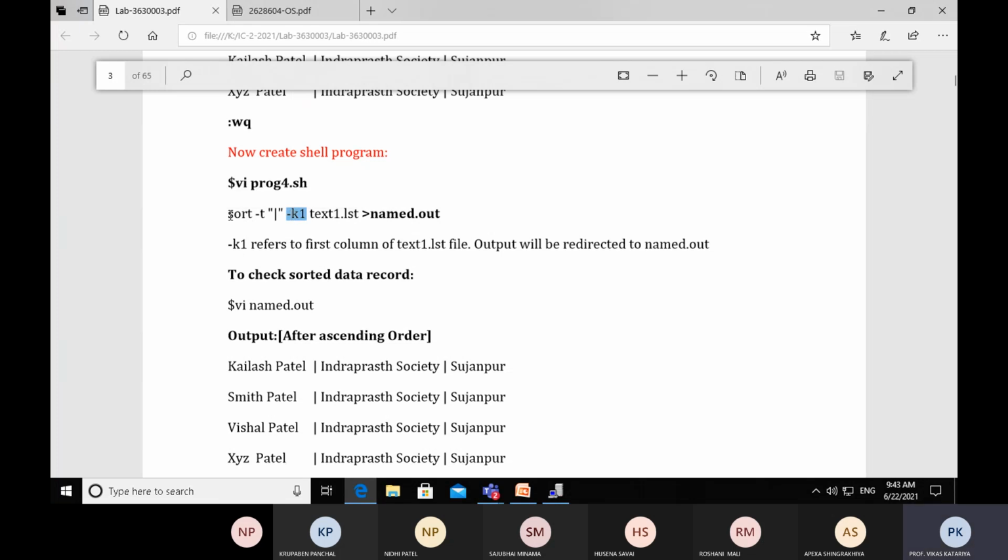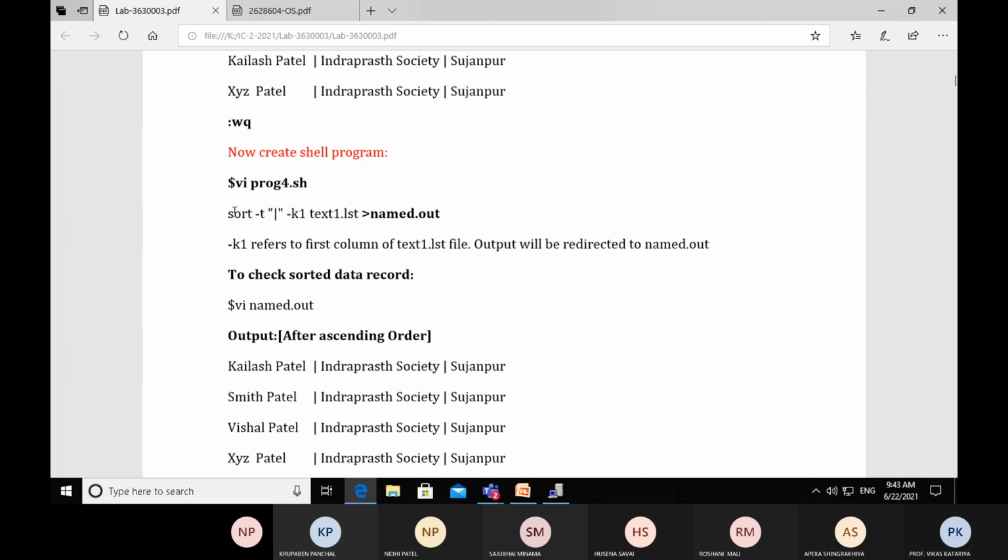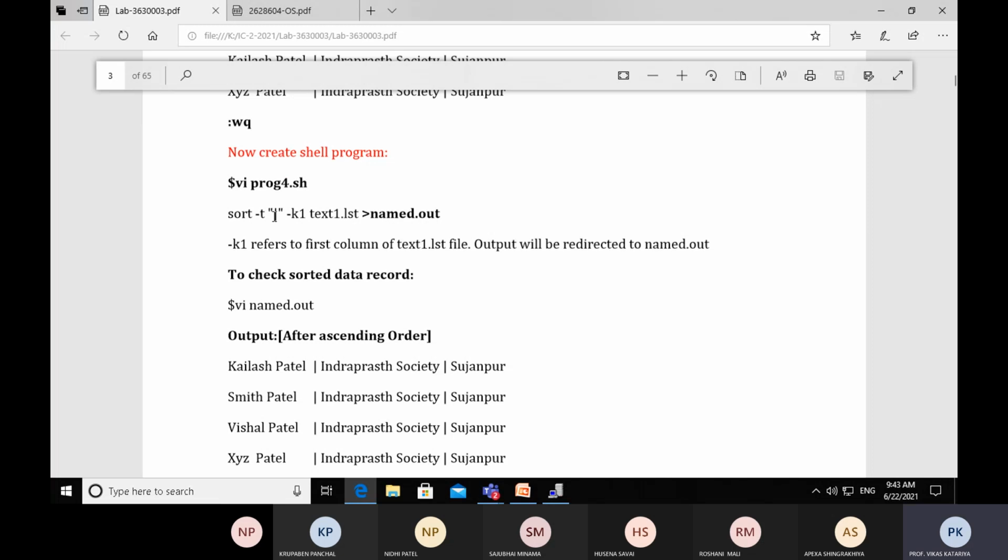So let's understand what we write here in the sort command. For sorting purpose, Linux provides us a command named sort. Dash t, that means tabular form. Records will be shown in tabular form. Each field must contain 8 bits of distance, that is 1 tab distance.